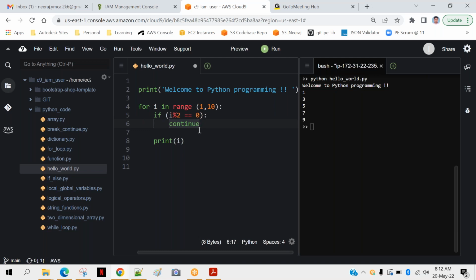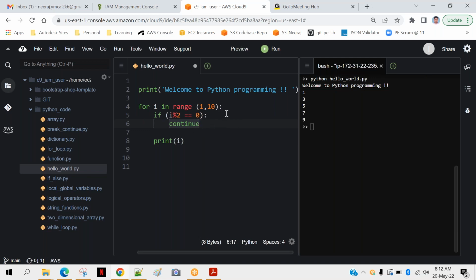Now there is one more concept, break. Suppose you are searching for a specific file in a directory, and there can be 100 files in the directory. As and when you find that file, after that you don't need to search further, right? Suppose the third file is the file which you are looking for. After that, there is no point in continuing the for loop till 100. That's not required. So in that case, we use break. I will show you that.